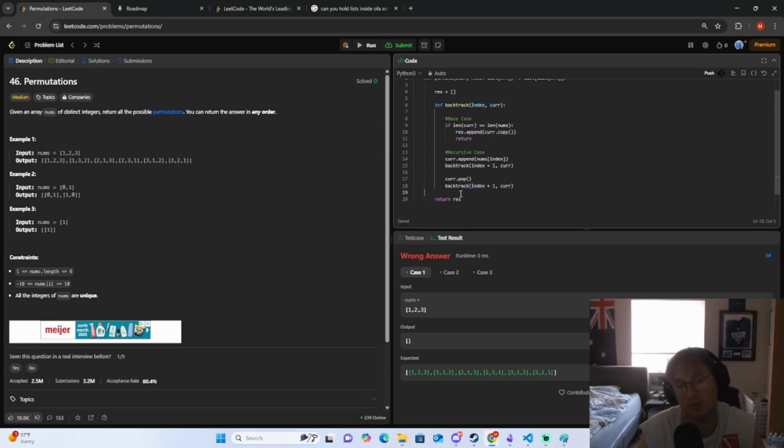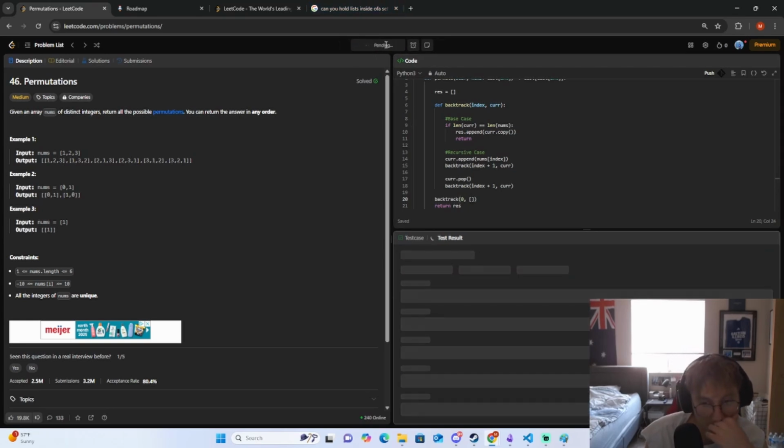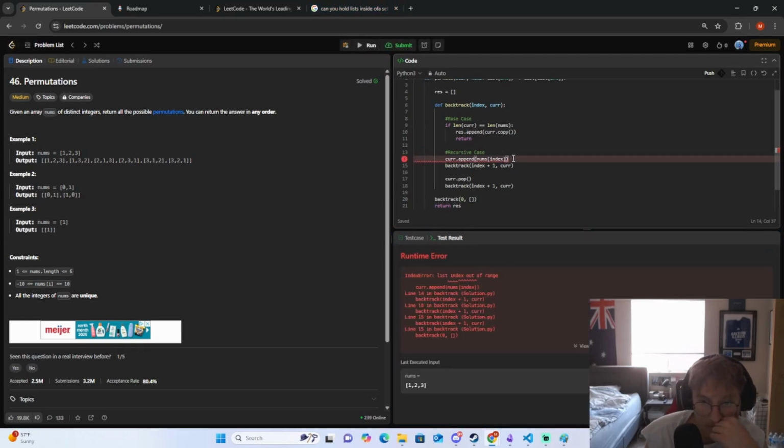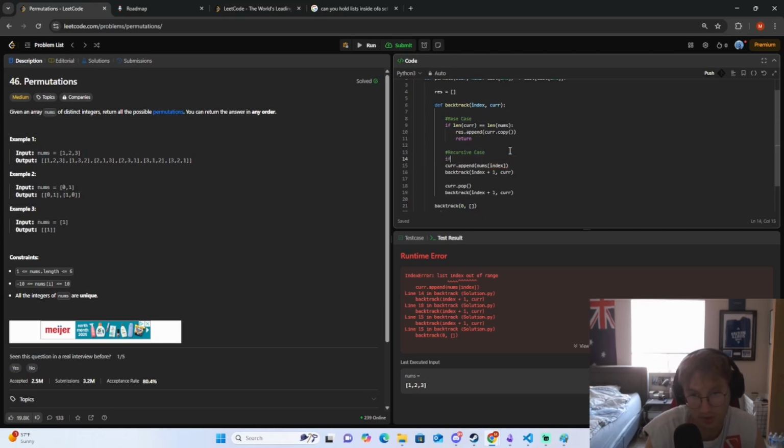We're not even calling our backtracking function, that's why. Backtrack. We want to start at index 0, start at an empty list. This index is out of range. Well, we'd have to check if you're in range. Well, if the index is less than